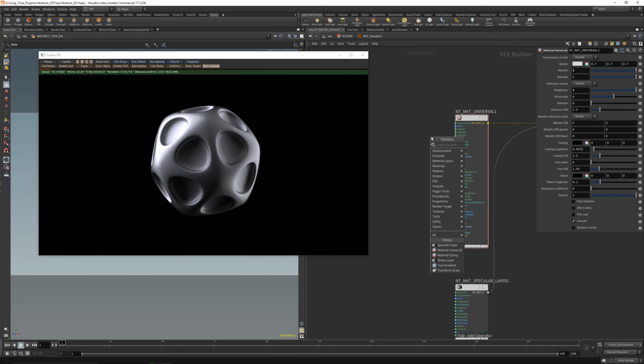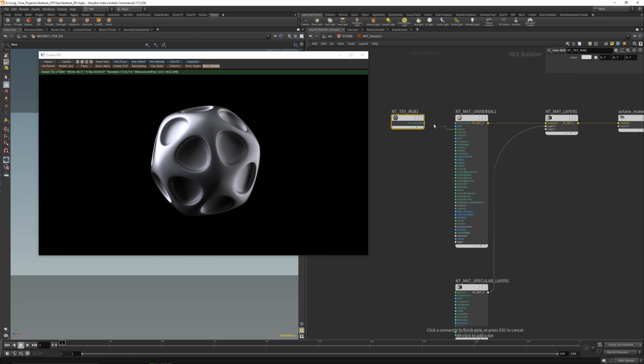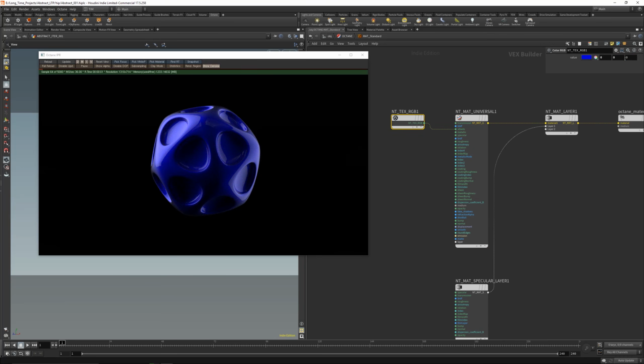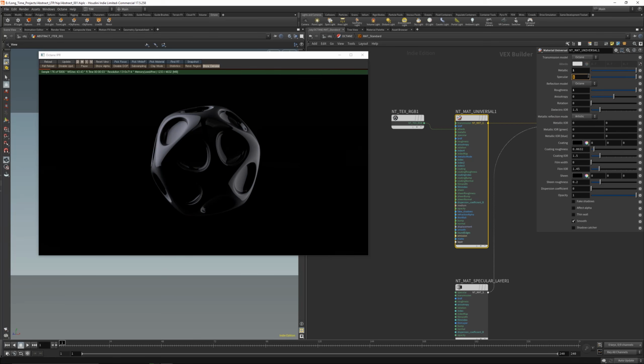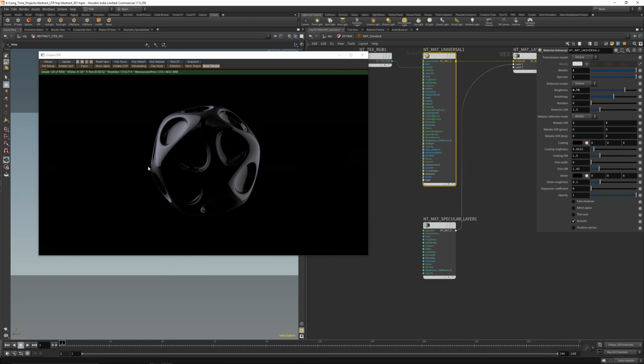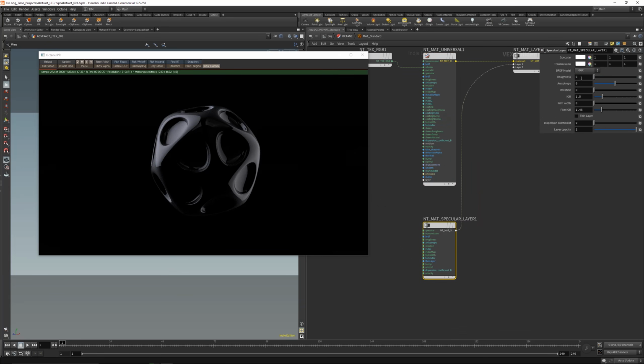And let's play with the color. So let's just place a color RGB here, plug it into albedo, and let's get this down to 0. So black. And let's get the roughness down to 0.75. Oh, that's really nice. Already looks pretty cool, but we can also play with